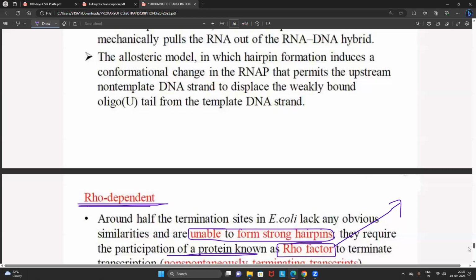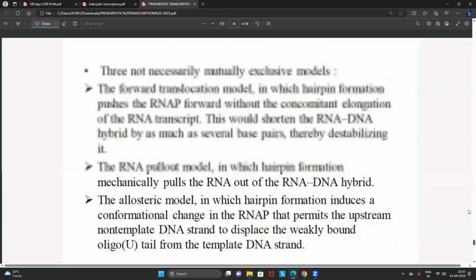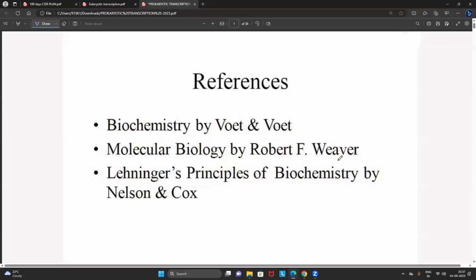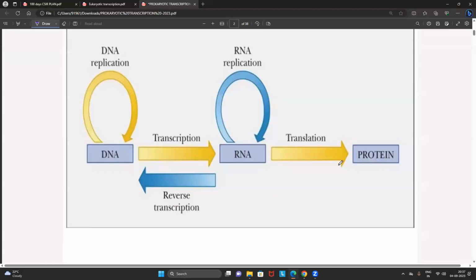Undoubtedly, friends, in every organism, prokaryotic transcription, prokaryotic replication, and prokaryotic translation are easy compared to the eukaryotes. Why? Because we are a very complex organism. Our genome is a very large genome. There is a requirement of a lot of proteins and a lot of enzymes. But the point is that without understanding prokaryotes, it is extremely difficult to understand the eukaryotes. Now let's focus on the eukaryotes.